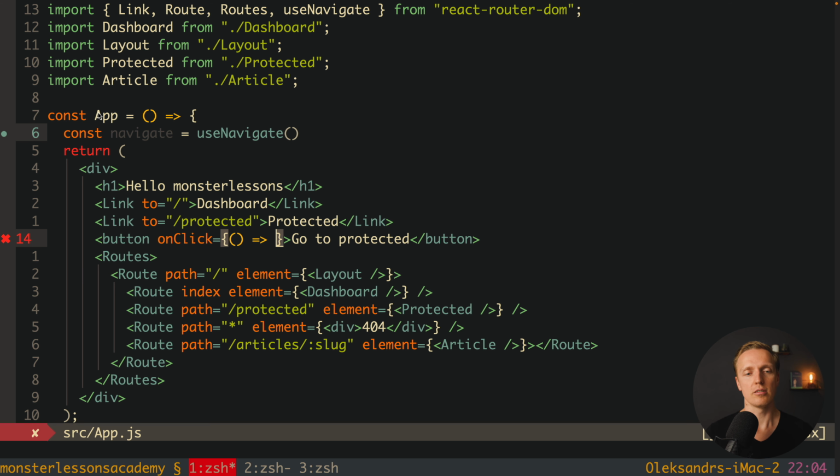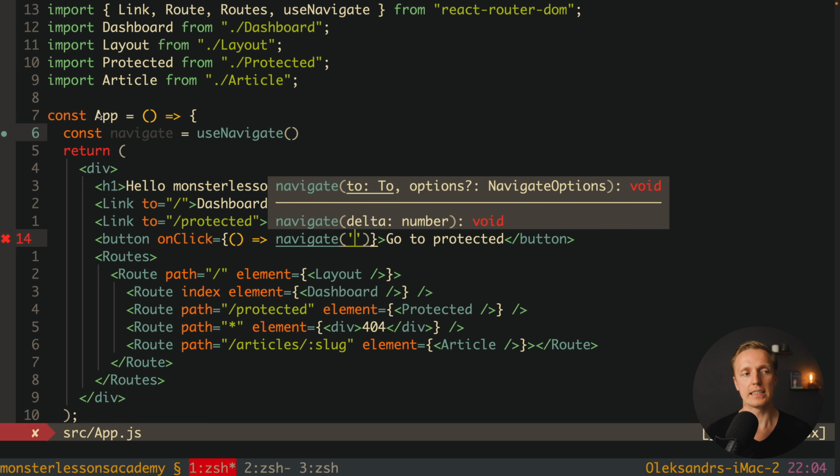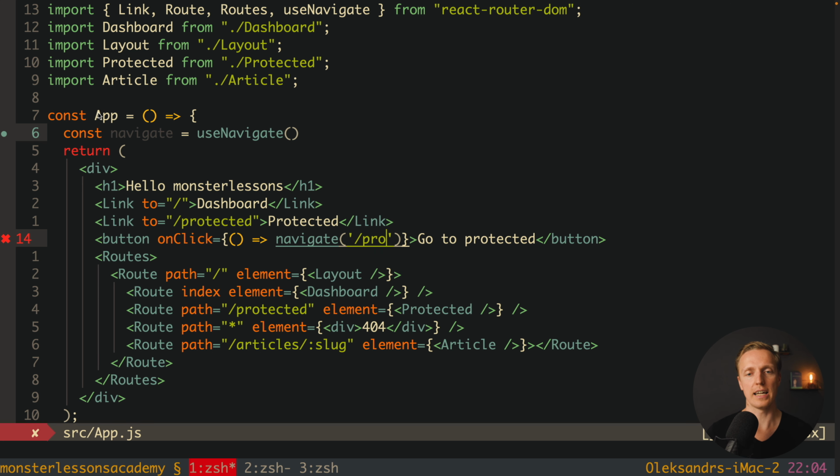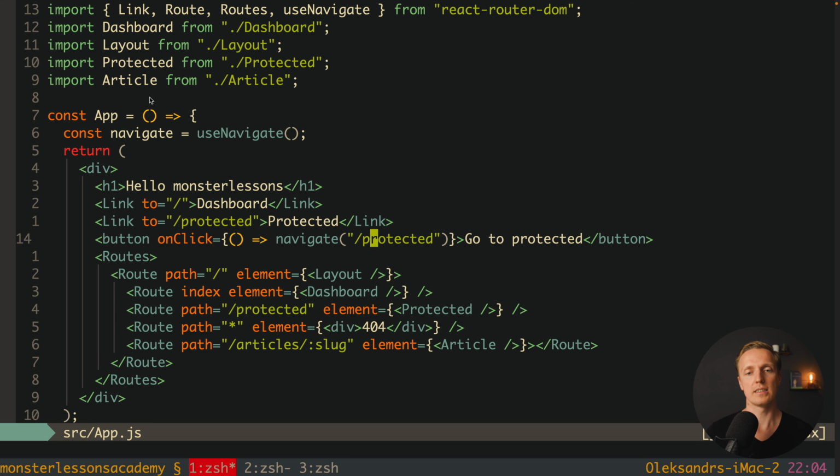Now here inside our onClick function we can simply call this navigate function and provide inside the route, for example /protected. Let's check if it's working. I am here now inside dashboard, you can see here dashboard, and I am clicking go to protected. And as you can see, I am directly on /protected, but not by using route, but by using navigate. And actually you want to use it a lot inside your code when you need to programmatically navigate user to